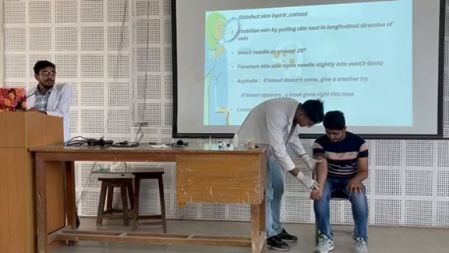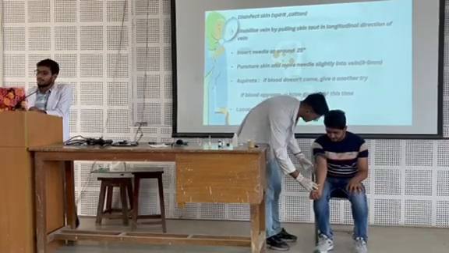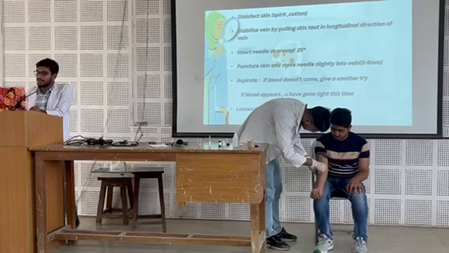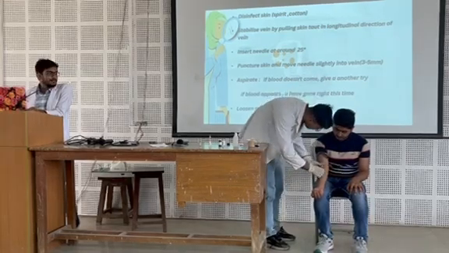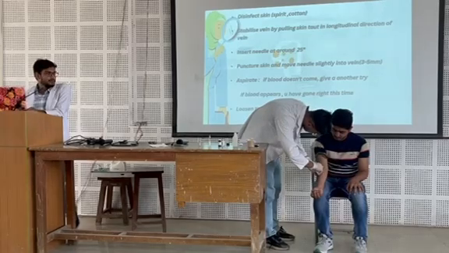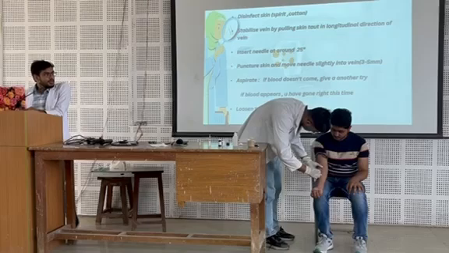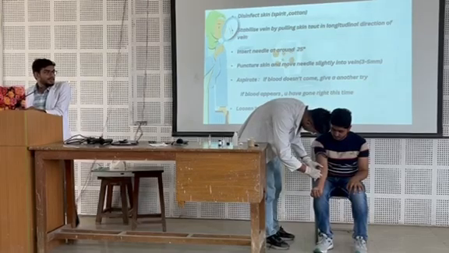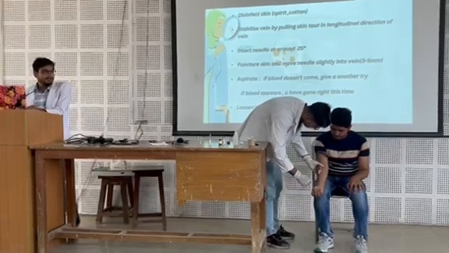Now, for every route of drug administration, there is a particular angle. For IV, it is around 25 degrees. We will puncture the skin and move the needle slightly into the vein, around 3 to 5 mm. Now we will aspirate. In aspiration, we will pull back the piston a little towards ourselves. If blood doesn't come,